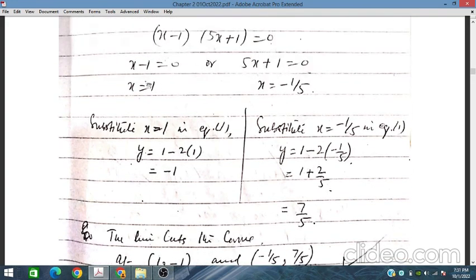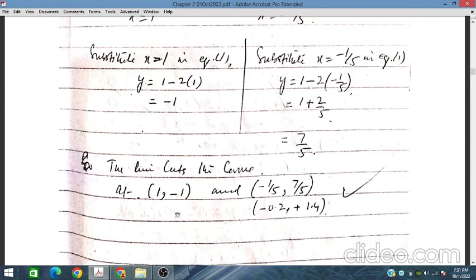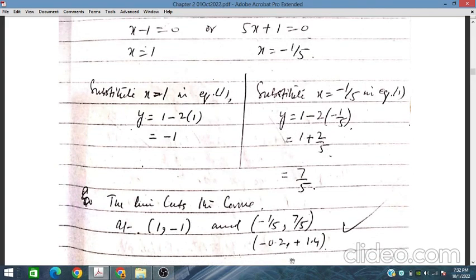So when x is equal to 1, y is equal to minus 1. This is one of the coordinates which intersects on the circle, and this is the second coordinate which intersects with the circle. So we have obtained two